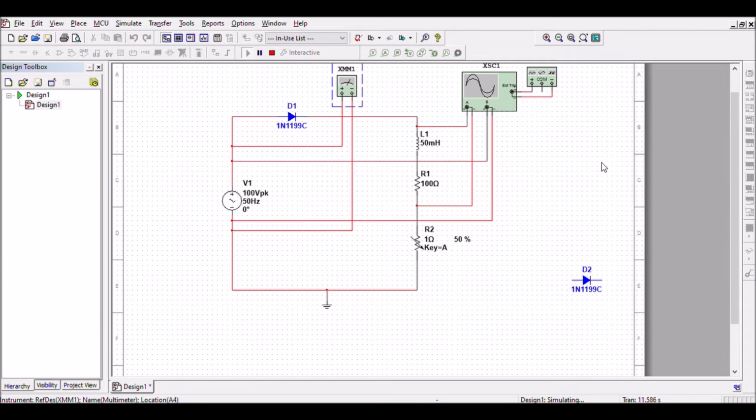Next we can see for Vmax. Okay, this is value for Vmax. Okay, next we move for